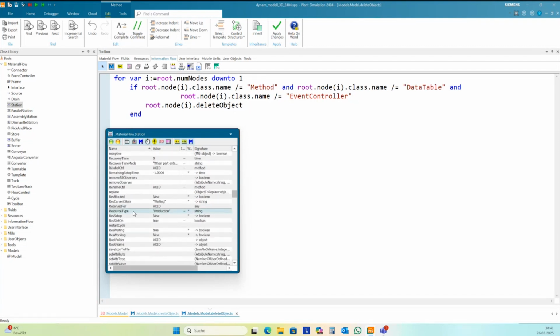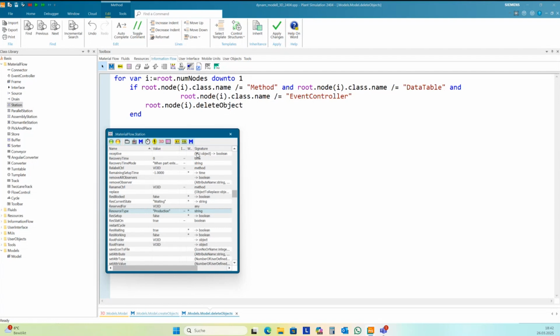Resource type, and there are four different types of resource types in plant simulation. It's production, store, transportation, and information. And so you can make a wider definition what you want to keep and what you want to delete.